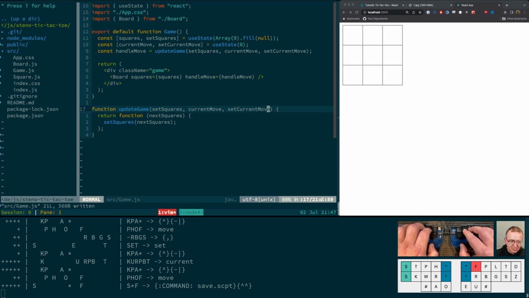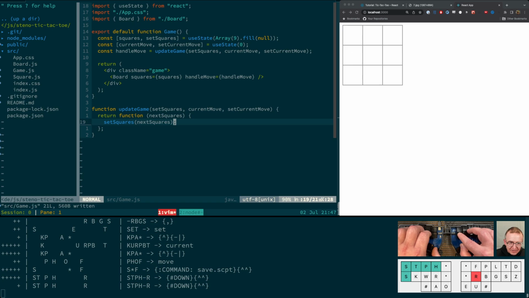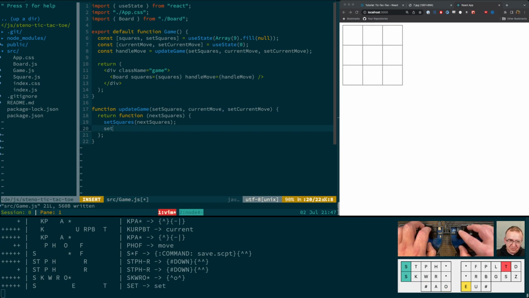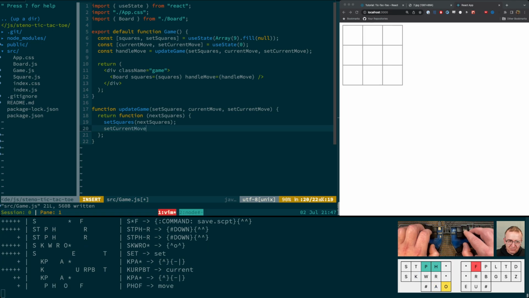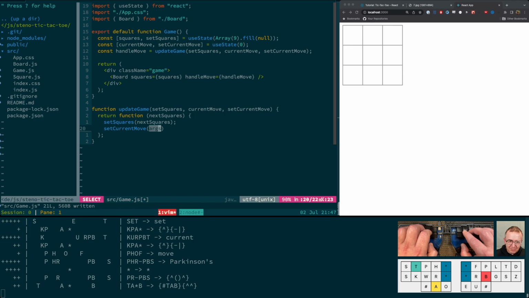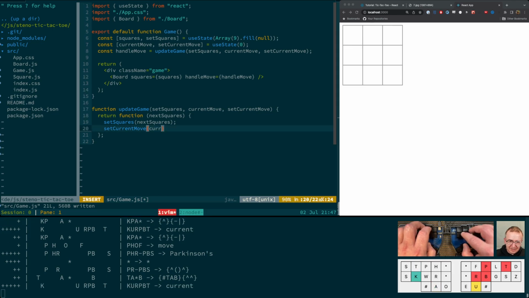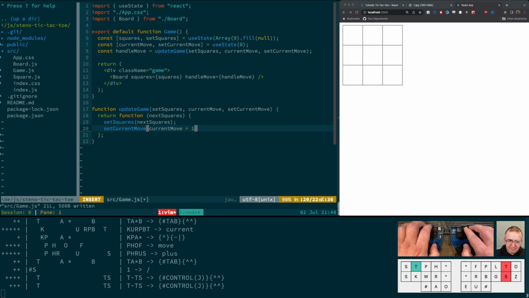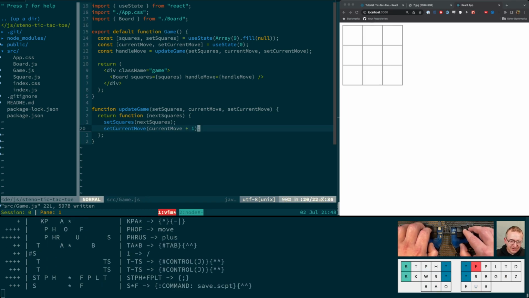And in here, after setting the squares with the next squares, we want to set the current move to be the value of the current move plus 1. So we're essentially incrementing it by 1. So we'll do set current move, and that will be the current move plus 1. Okay,